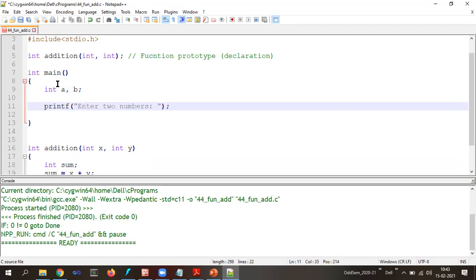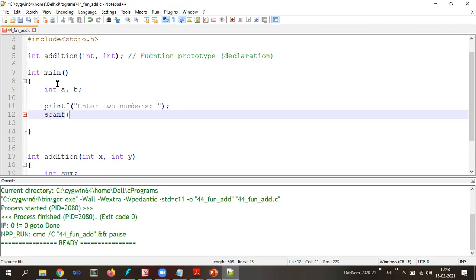Okay, then scanf %d, and then ampersand a, ampersand b.